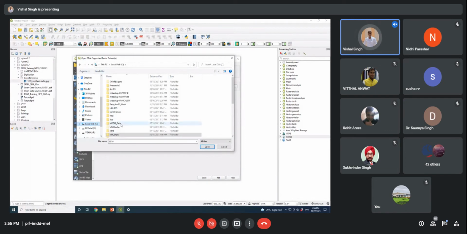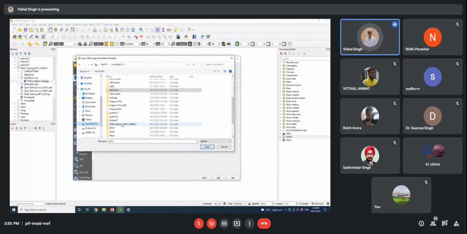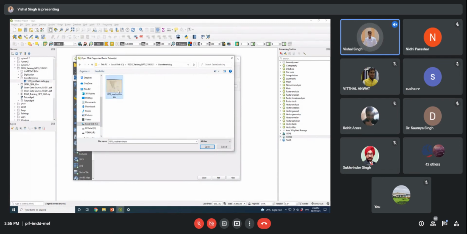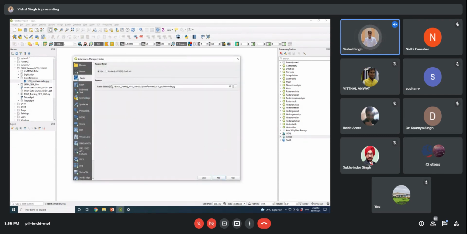Go to C drive, locate your folder, select this one and click on open. Now you can see the corresponding path of your data set has been added here.